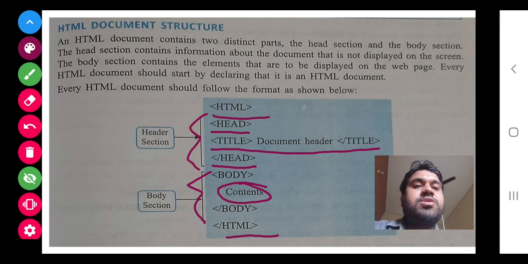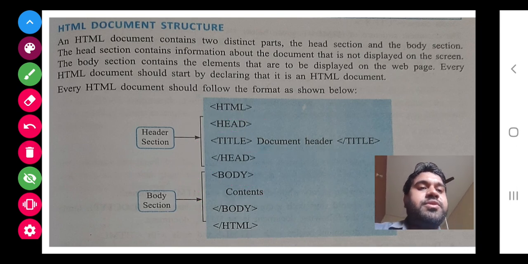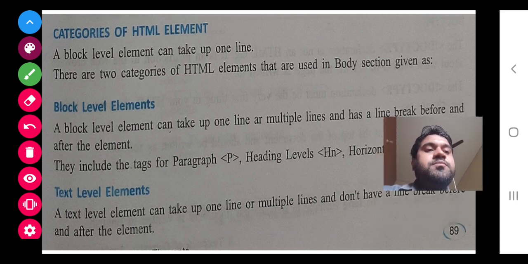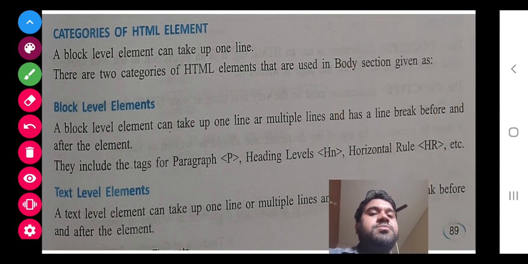So class, you have to do it in your fair copy also. Whatever I am teaching today is actually your syllabus. Previously it was just the introduction, so no need to write that. If you have written some important points about when HTML was started, what language it is, the full form and all, you can write that from the previous lesson. But from this lesson, everything is important. You have to write in short, and these are all from your board questions. Board questions basically come from these only.